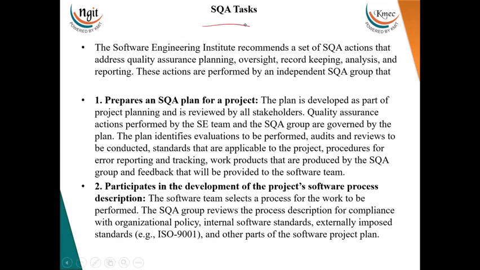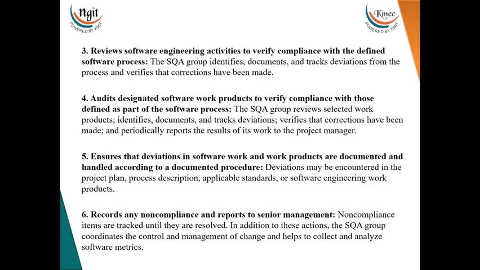Okay, so the Software Engineering Institute recommends a set of SQA actions that address quality assurance planning, oversight, record keeping, analysis, and reporting. Okay, these actions are performed by an independent SQA group. Okay, so that will prepare an SQA plan for a project and participate in the development of the project software process description, and review software engineering activities to verify compliance with the defined software process, and audit designated software work products to verify compliance with those defined as part of the software process, and also ensure that deviations in the software work and work products are documented and handled according to a documented procedure,